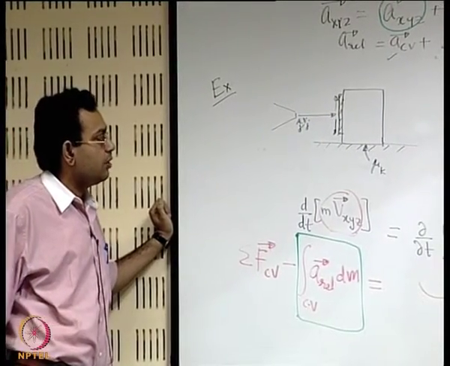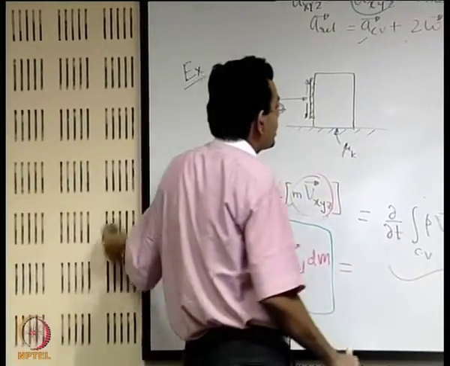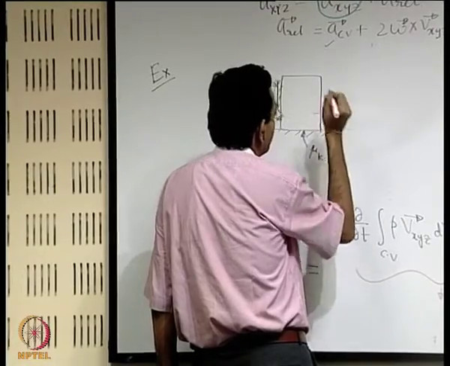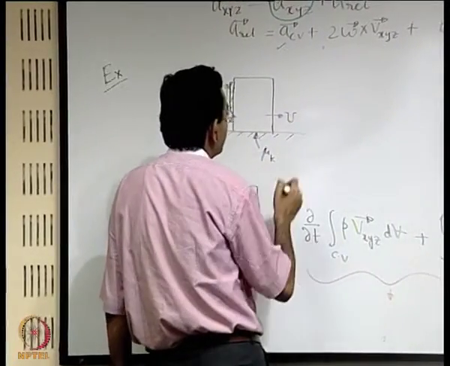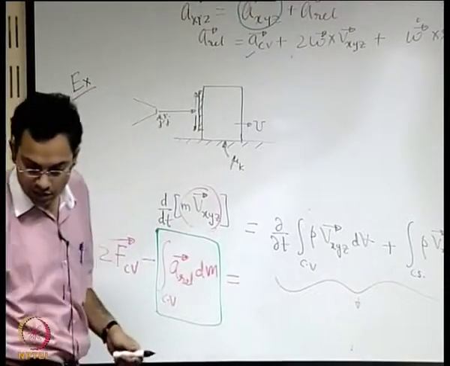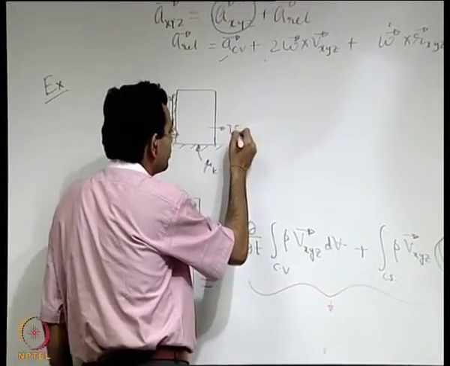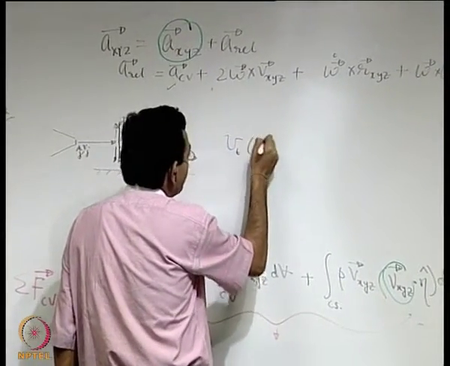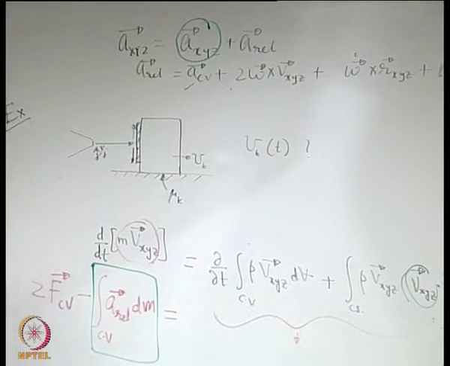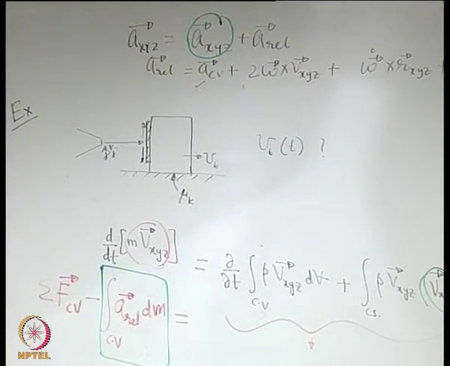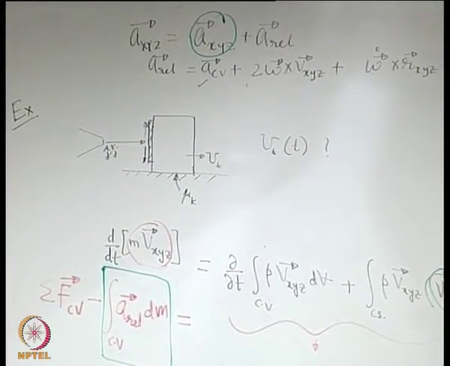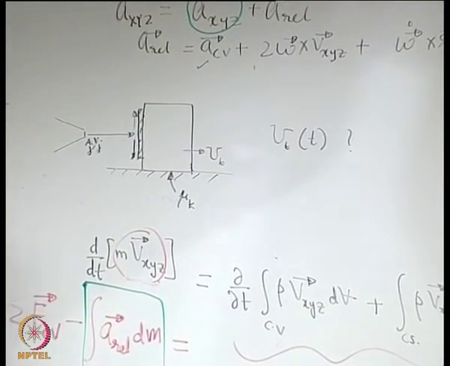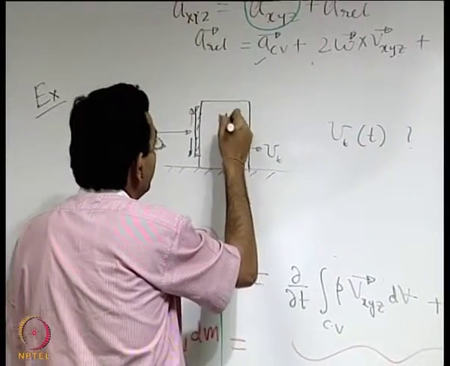And our objective is to find out an expression of, if let us say u is the velocity of this block, or let us give it a different name, maybe ub for the u block, then how this u block is changing with time. Okay. The mass of the block is given, let us say mb is the mass of the block.